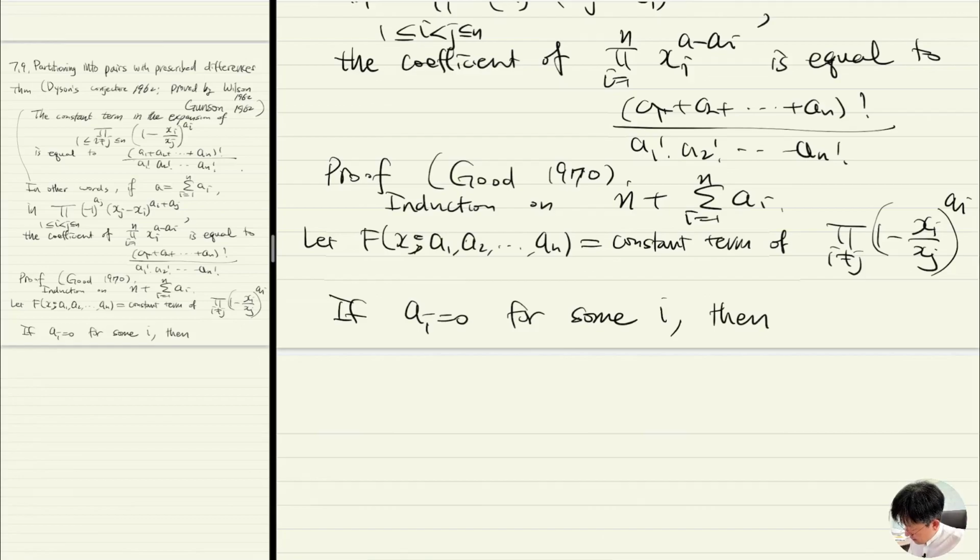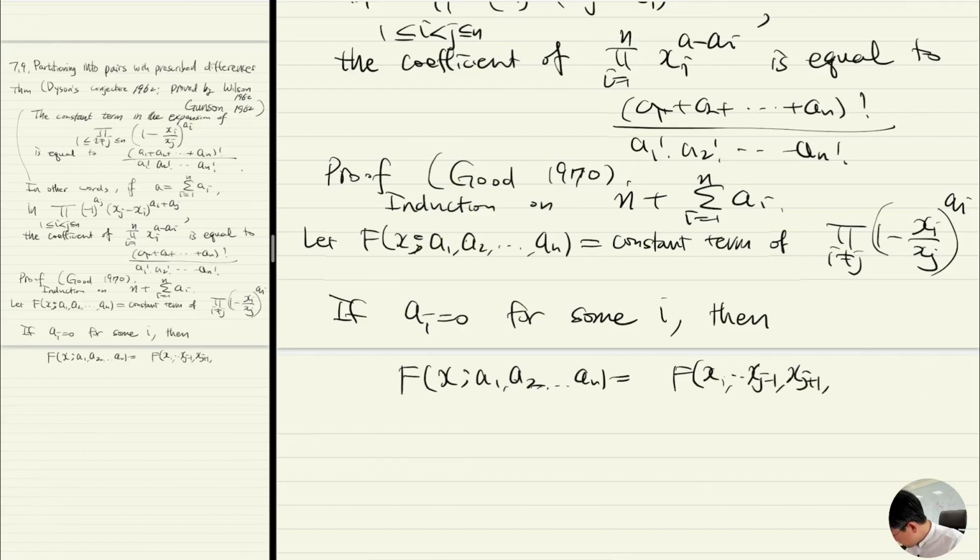Okay, so if ai is nonzero, then we can just ignore aj, so it is f(x1, ..., xj minus 1, xj plus 1, ..., xn; a1, ..., aj minus 1, aj plus 1, ..., an), and by induction this is equal to